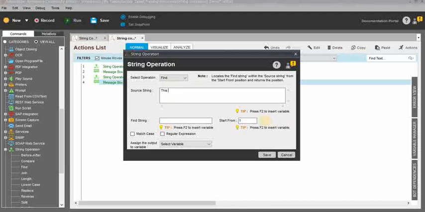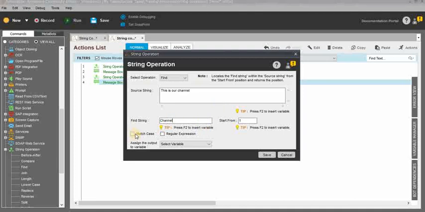So this is our channel. In the source string, I am using "this is our channel", and the find string should be "channel". Just we are going to find whether the find string is available in the source string. Whenever the automation task is running, you can validate this. If you capture any text from web applications or anywhere, and you want to find a particular text, you can find the text using this command.